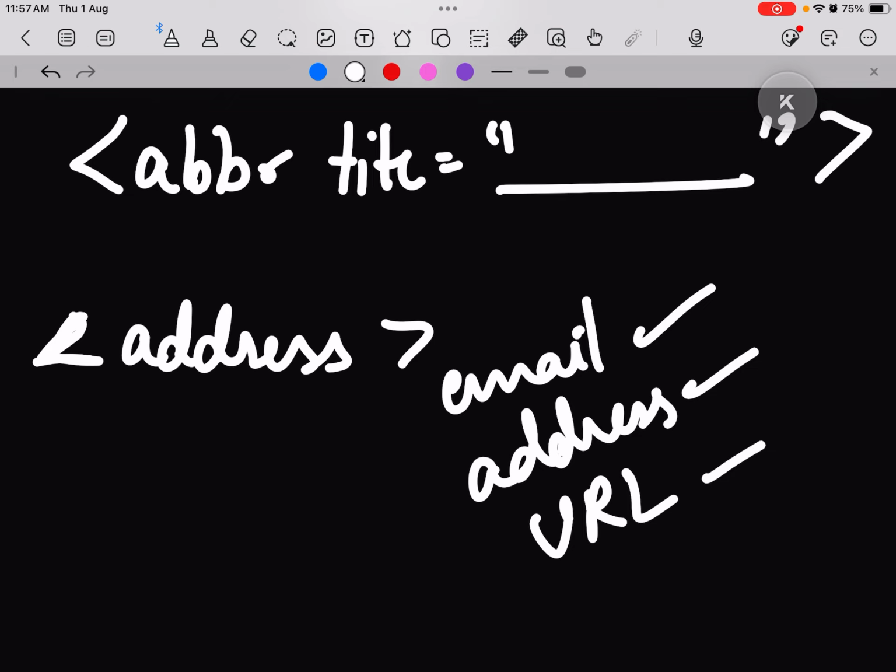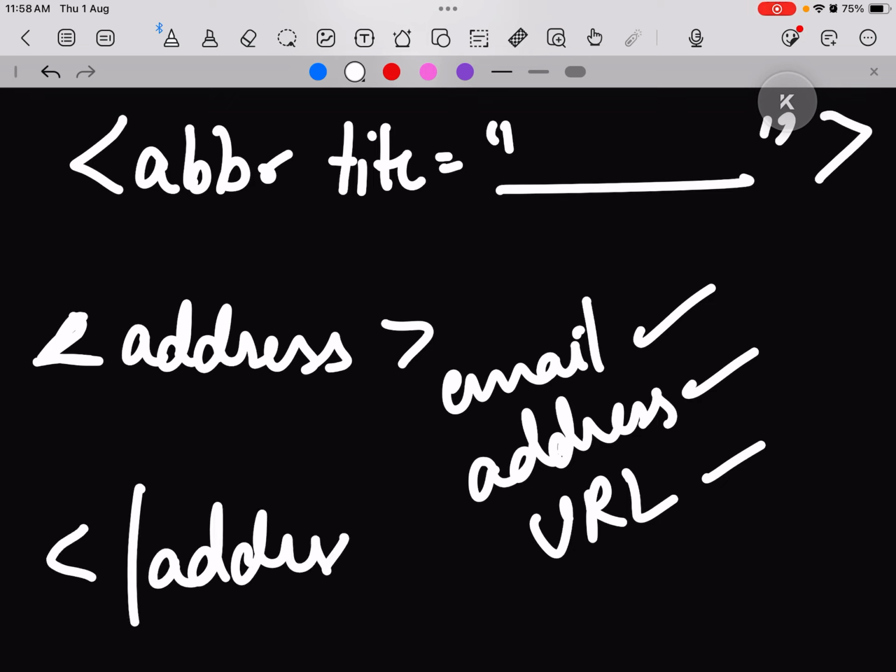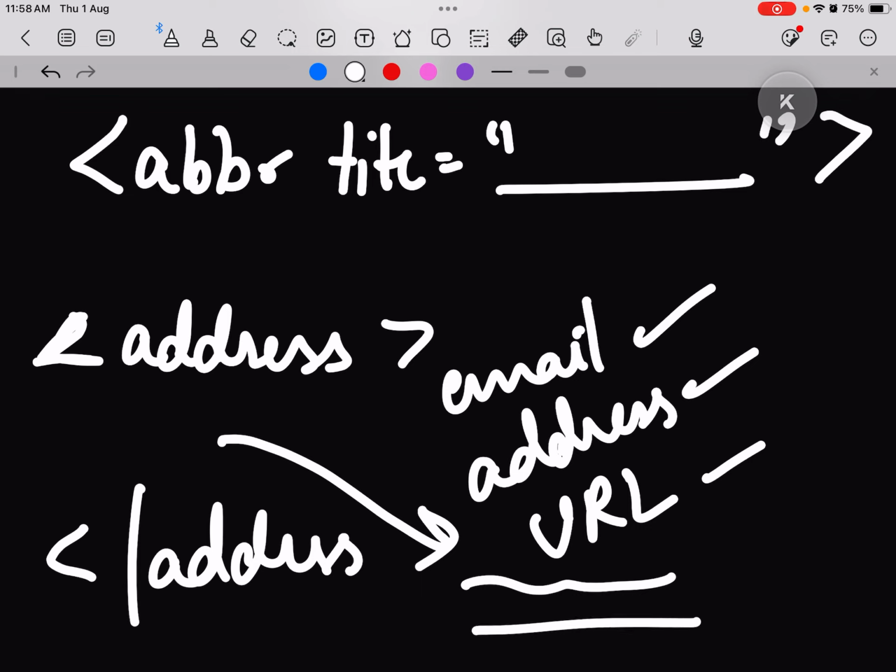Now what's the difference between normal content and the content that's between address and slash address? Whatever is in between will come in italics. So if I'm writing my name in between address tags, and if I'm writing my email, my social media handle, or my address, whatever I'm writing, it will come in